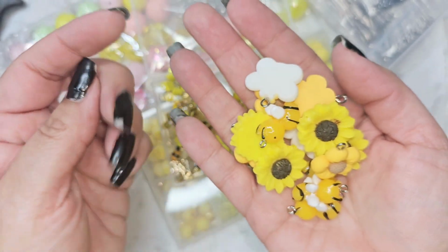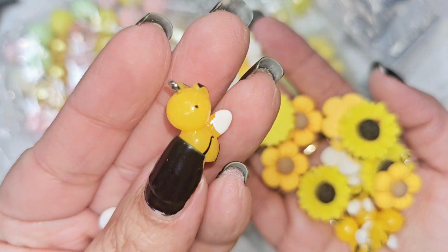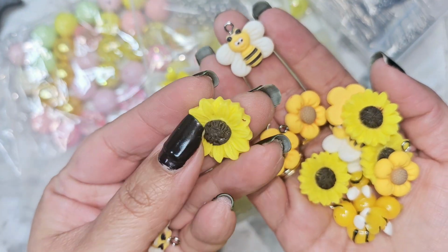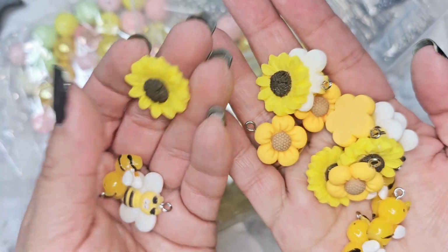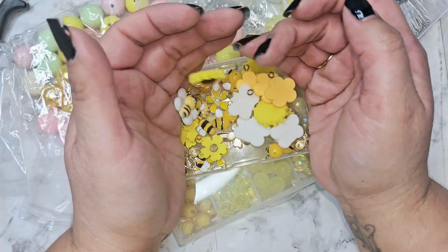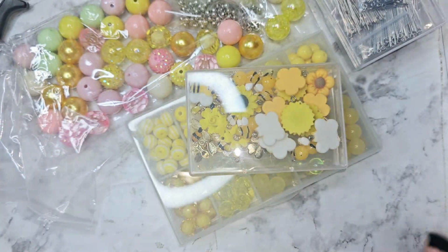So here we go. We have some resin little charms, and these already have the little screw in there, so you could just go ahead and attach it. You have this one that it looks like there is a hole drilled right there, so you could go ahead and just add a large jump ring in there. So super cute. Like I said, definitely tons of ideas to go ahead and go with the whole bee theme